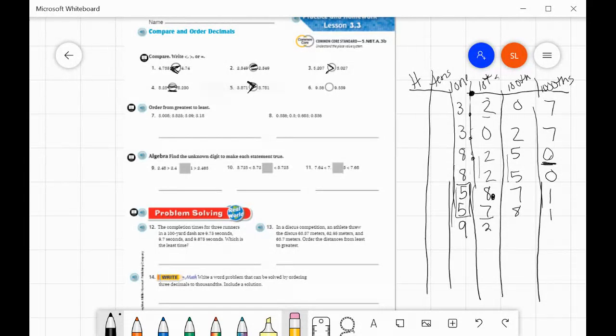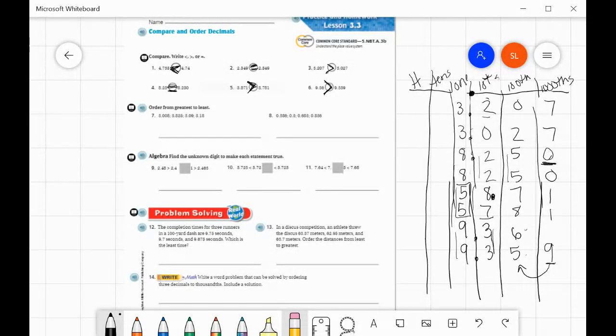9.36 and 9.359. All right. Now, when we look at this, these numbers are so close because if we rounded, this number would round up to 6, but they haven't rounded yet. So we have to look at what we have. So 9s are the same, 3s are the same, and 6 is greater than 5. So the way that these are written, 9.36 is a little bit bigger than